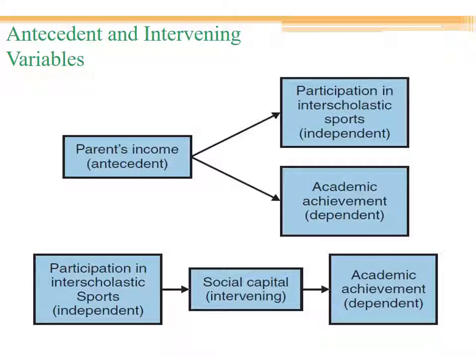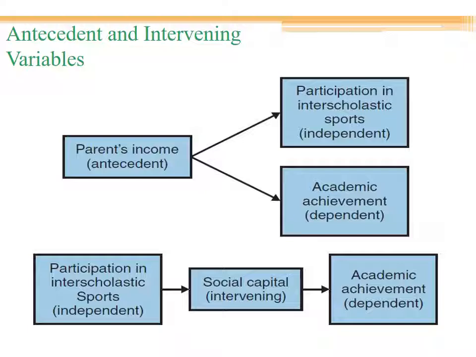And in a sense, that means hiding parents' income from the equation. So if after controlling for parents' income, the antecedent, there is no association between sports participation and academic achievement, then we cannot say that there's a causal relationship. However, Dr. Bro controlled for income and found that there was still an association between the two. So she kept looking to see what about sports participation can have an effect on